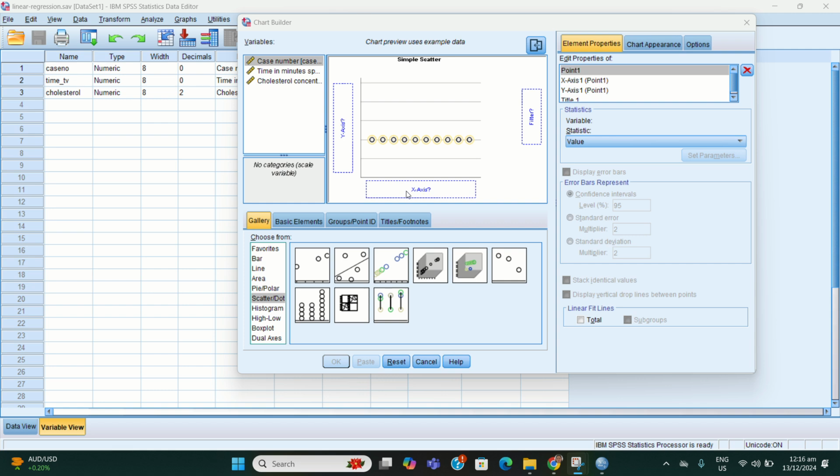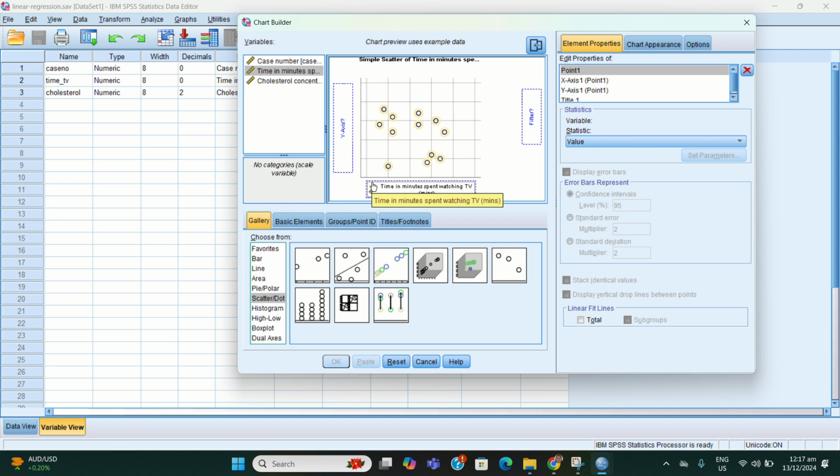In the x-axis, you have to drag the time as your independent variable, and your dependent variable goes on the y-axis. Here our dependent variable is the cholesterol concentration.